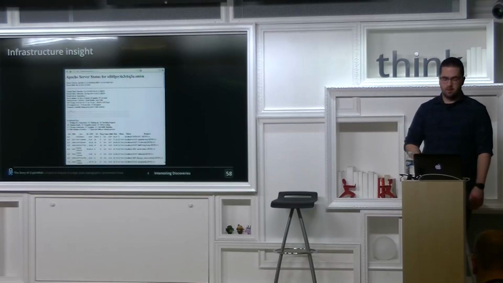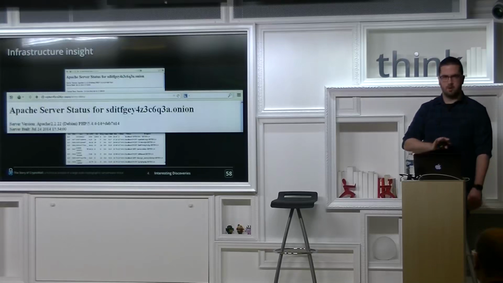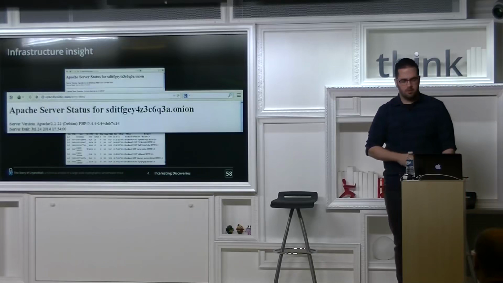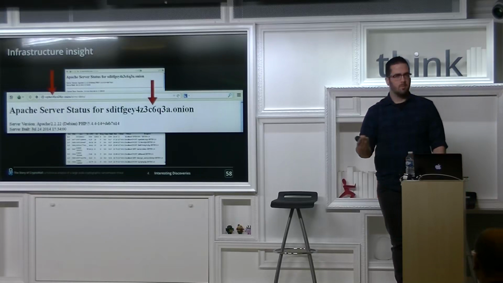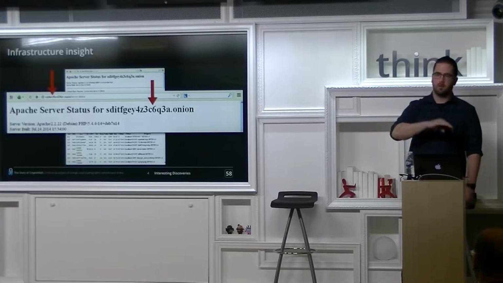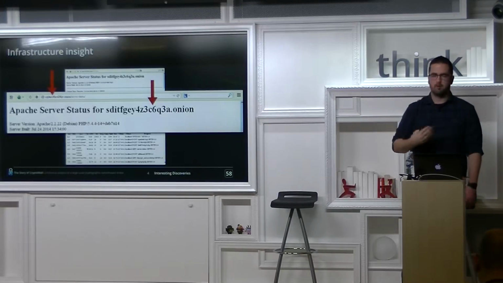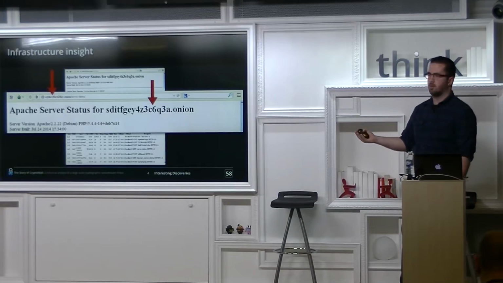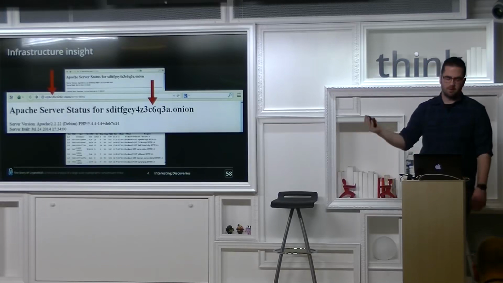A while ago, about a year ago, they were screwing up some internal systems in their infrastructure. So if you did a server status request, you saw this. This is a normal server status request, only if you looked at it, you would see there was actually upstreaming. So we get server status pages from different backends, depending on which proxy you would ask this stuff to. It's kind of interesting. You could figure out their proxies this way.